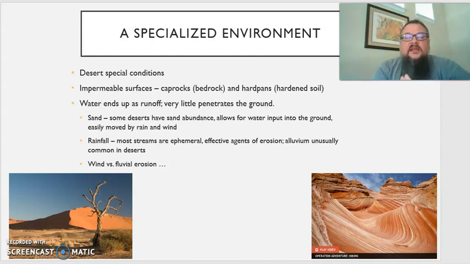Deserts are also unique because they have lots of what we call impermeable surfaces. Impermeable surfaces are surfaces that things cannot pass through. Okay, so if you think about you're in an art class and you want to build or create like